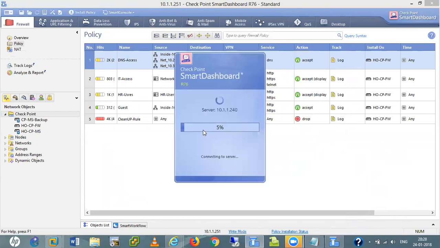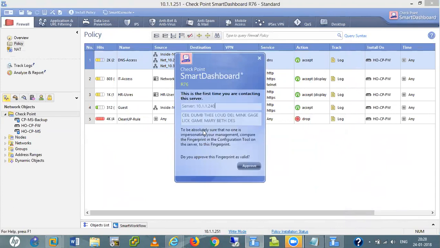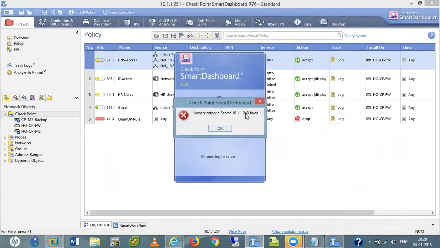It's working now. We get these fingerprints when we are logging in for the first time, right? Approve it. Authentication to server is failed.